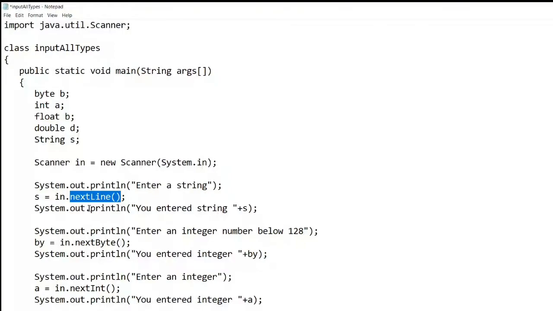So b is the nextFloat over there. Clear. Similarly, d equals to nextDouble. So I have written the double value. This line defines the reading variable, and System.out.println is used to print the variable. Clear? So now the program is clear. Everybody clear or any doubt? It's a small program to read the different types of variables together and display them.